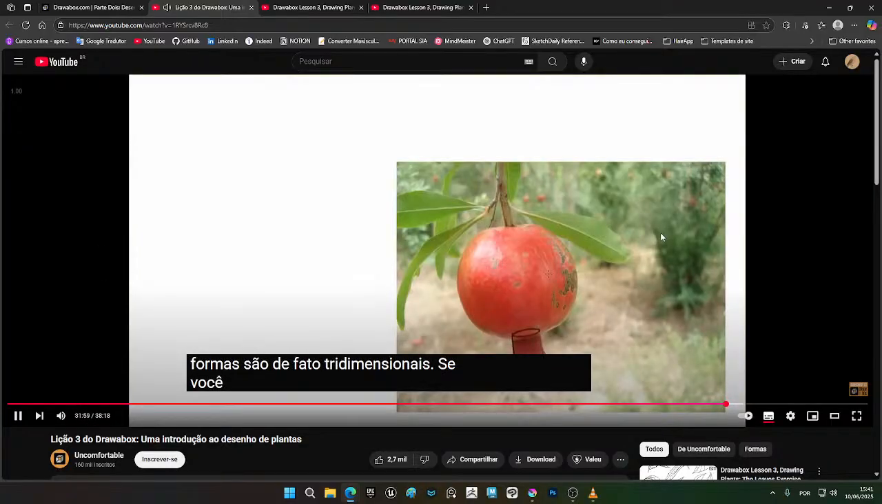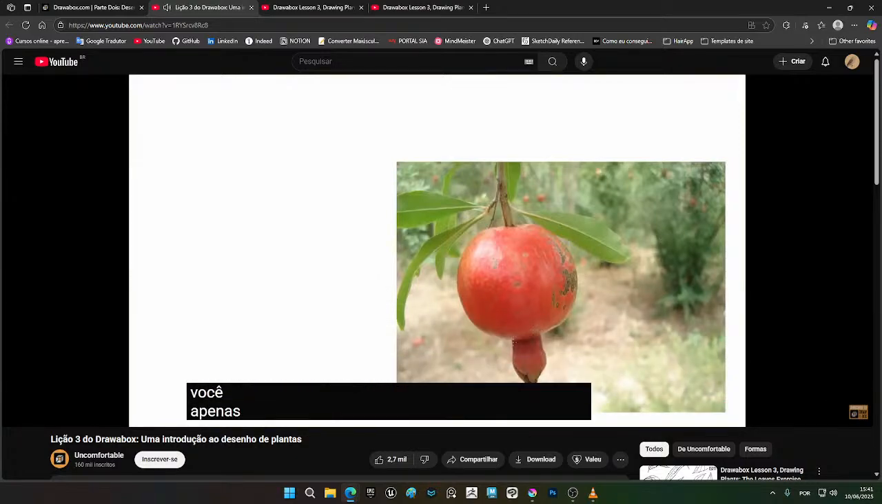If you were to just draw this, that doesn't tell you anything. That's just a bunch of 2D shapes. It's not very useful. Understanding how your forms are in fact three-dimensional: as soon as you add this intersection, you start to understand that, oh, this is a